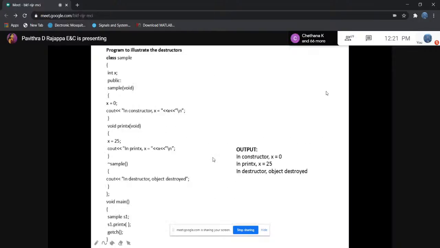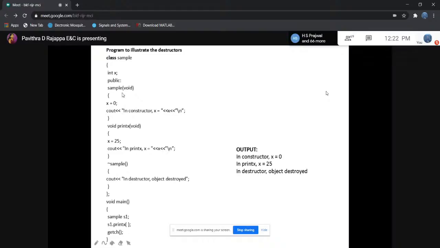Then this is a simple program which illustrates destructors. Class is a keyword, Sample is the name of the class, and in this class I have one data member x. In the public section I have declared Sample(void), and I have initialized x equal to 0 and displayed the x value in that member function.